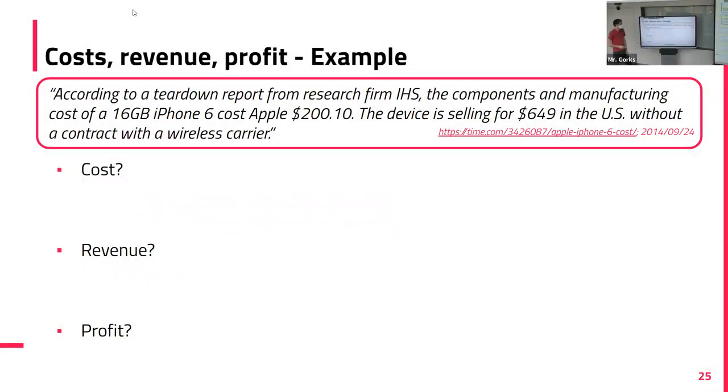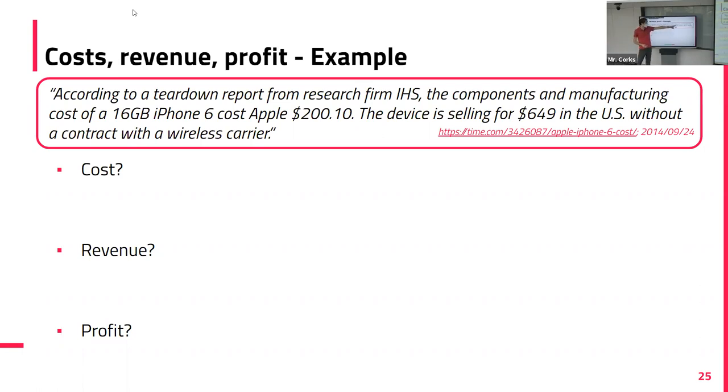So let's actually look at an example. This is some information about the iPhone 6. I know this is an older one. It's ancient now, but Apple does not really make these numbers available easily. So this is one where I was able to actually find good data on it. So, the older iPhone 6,